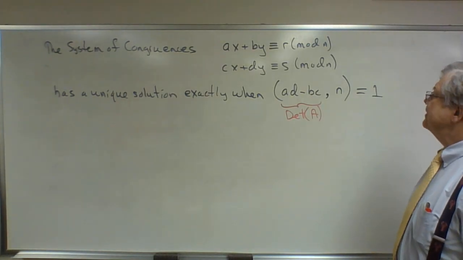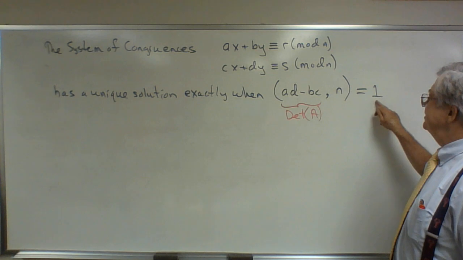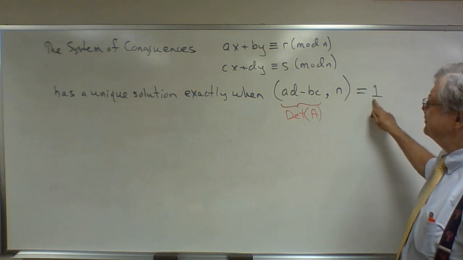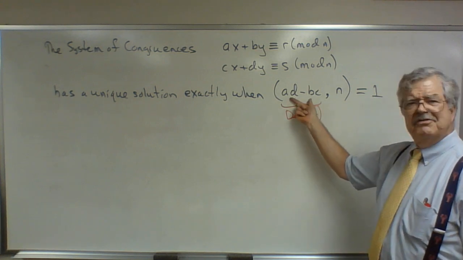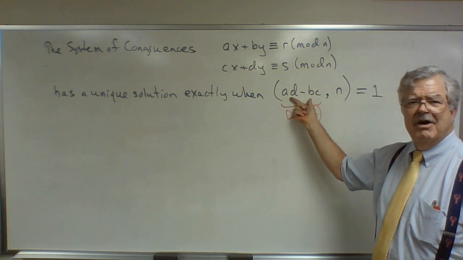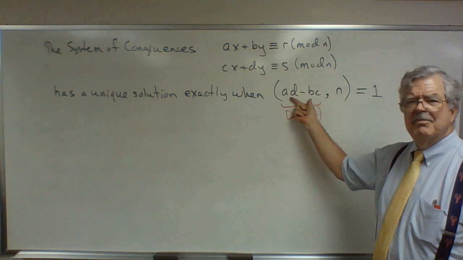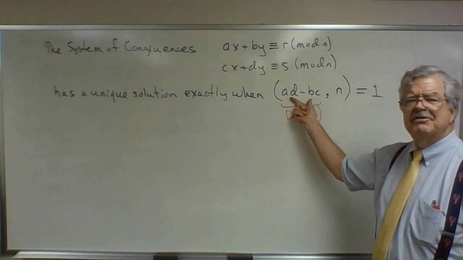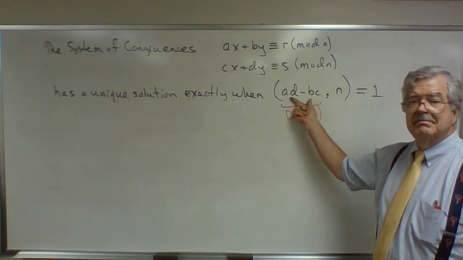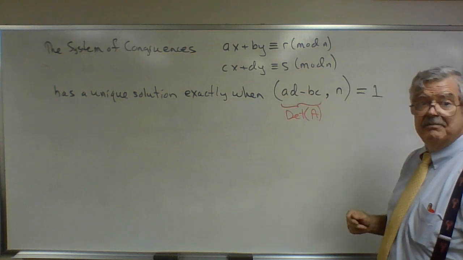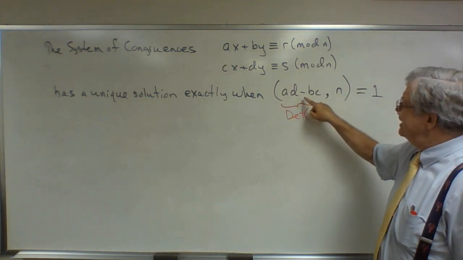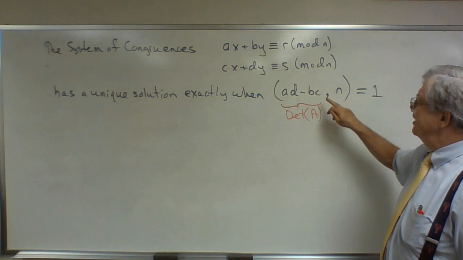So, in order for this thing to be equal to 1, this cannot be equal to 0. If n is a non-zero number, what's the greatest common divisor of 0 and n? It's n, isn't it? So if this thing is 0, then,